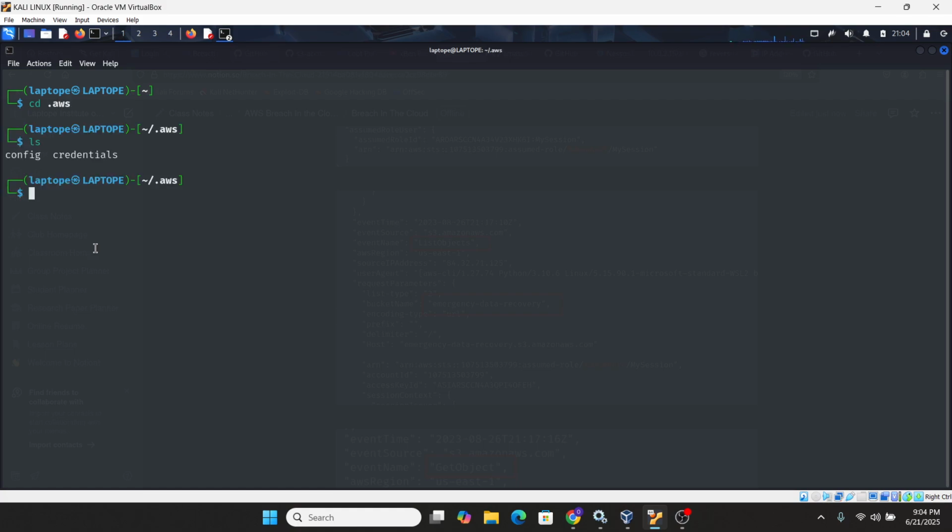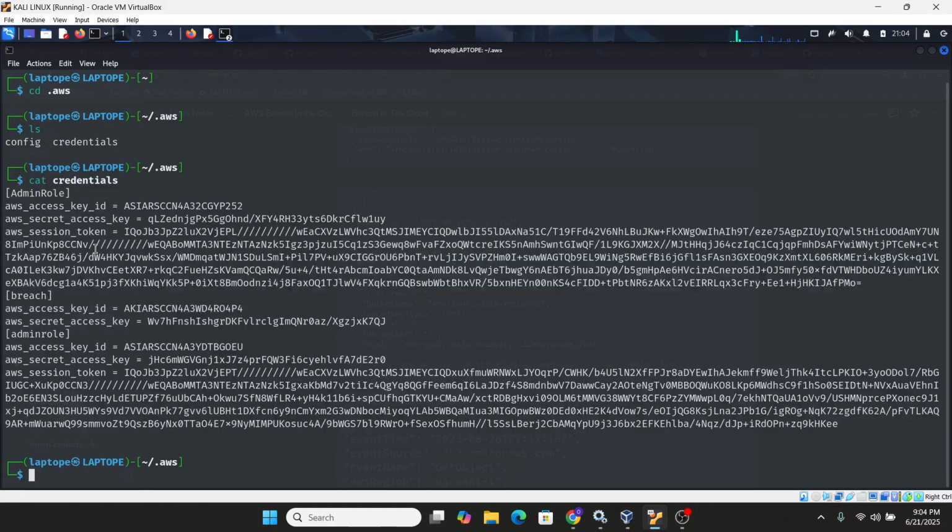Now you can see we have config and credentials. Let's cat the credentials. That was exactly the same thing when we edited from the other time. You might be working from a different directory; I carried out all the exercises from the Pwn Labs directory I downloaded on my local machine. It might be different, but I'm showing you how to get it here too.